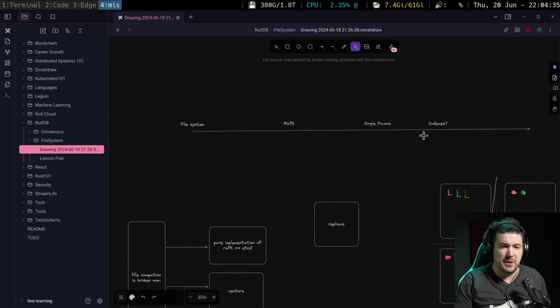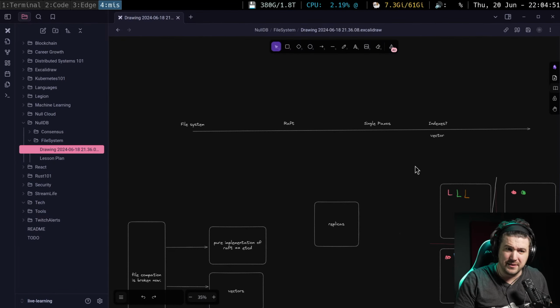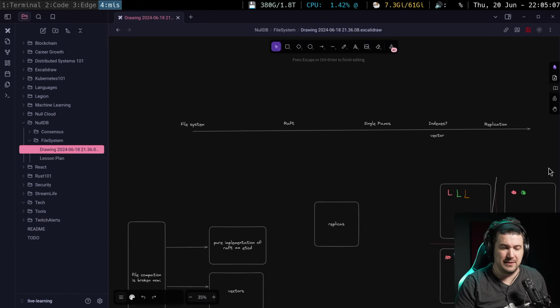One common one that people have been asking for is vector. So we'll probably do a vector index. And then there's a bunch of other indexes we could play around with. And then the next thing on the list after that is replication. And we'll do replication and